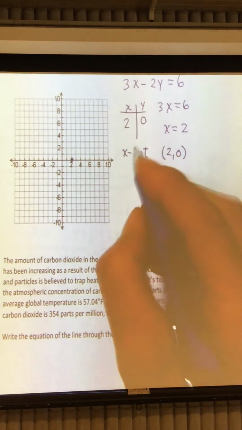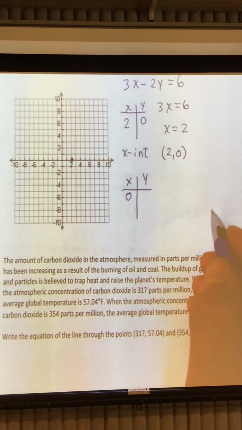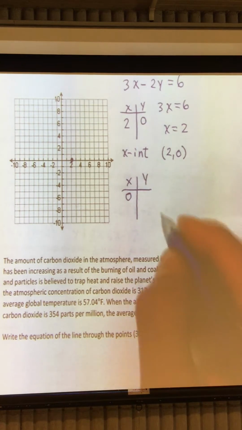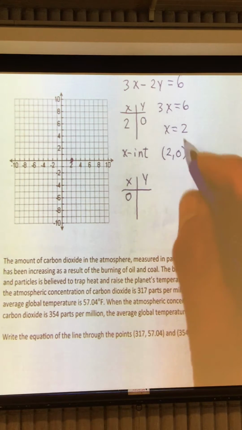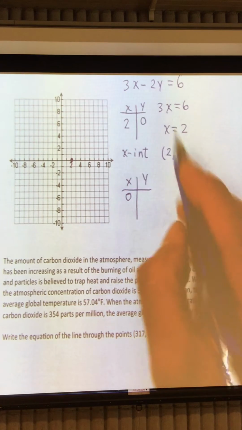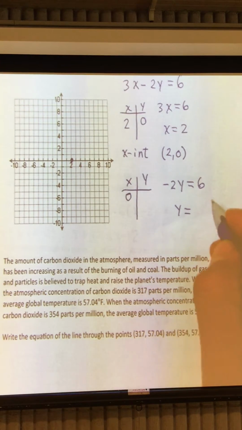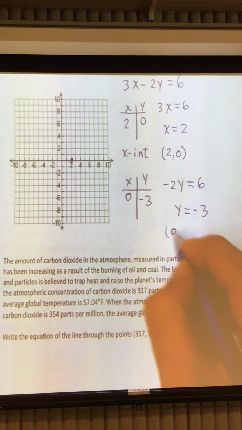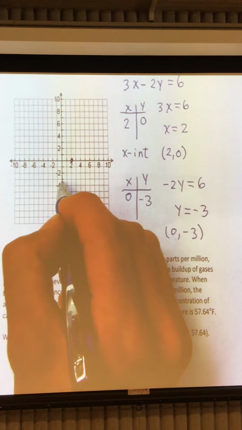Now to find the y-intercept, the x value is always 0 since you're on the vertical axis, which makes the left and right amount away from the y-axis always 0. That's why x is always 0. So we take our equation and substitute 0 in here for x, and that disappears, giving us negative 2y is equal to 6. Dividing both sides by negative 2 gives us y equals negative 3. So that is the ordered pair (0, negative 3). Transferring that to the coordinate system, right there,